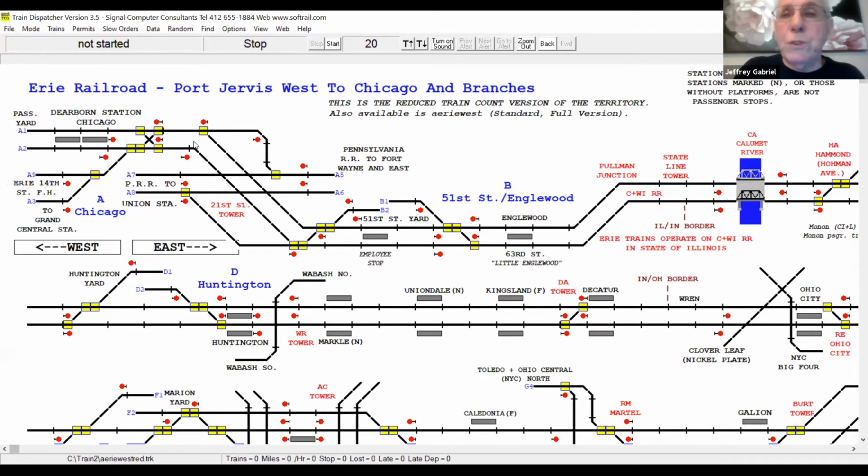Obviously, this junction was 20 times more complicated than what I could ever depict. And then I have Dearborn Station in Chicago and a couple other things, the 14th Street Freight House, and I have a connection to Grand Central that I use here. Okay, this concludes the little tour of the territory.